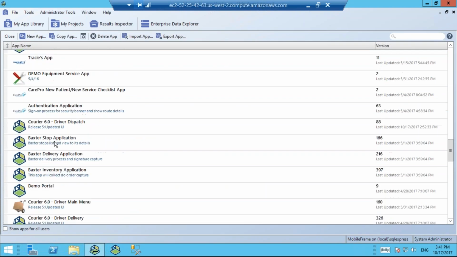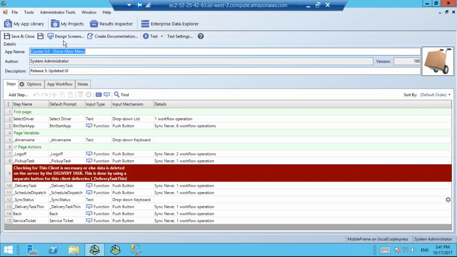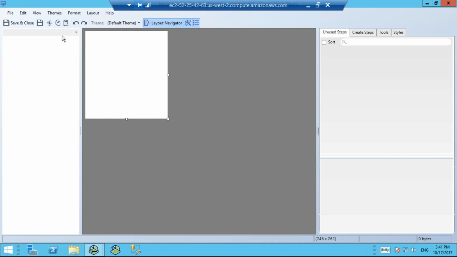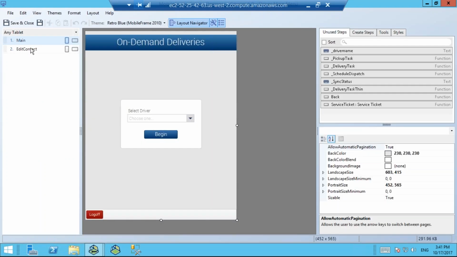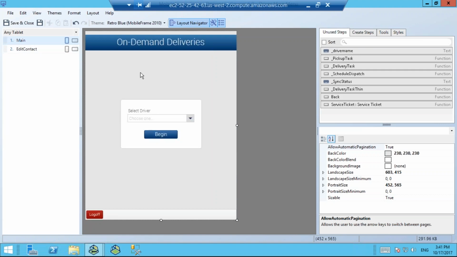So here's the Courier dispatch apps that I was showing you. Here's the driver application main menu that I was showing you. If I click on that, I can go into the design screen and see what we were seeing on that device. So you can see that main screen and some of those differences. If I wanted to customize this a little differently, for example,